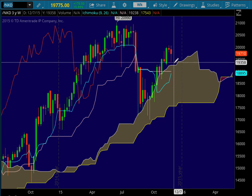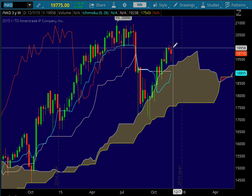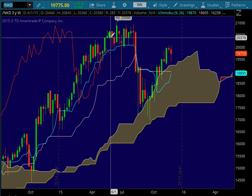So if we do find more selling coming in for the Nikkei, we can look at the top of the cloud to support at 192.30 or thereabouts. And if we move higher, we can be aware of this prior resistance area at 199.58. And once we get above that level and the Chikou is back above the Tenkan-sen, then we could potentially look